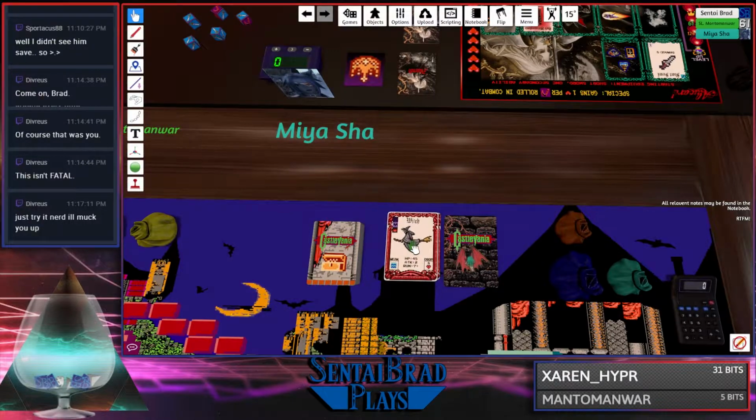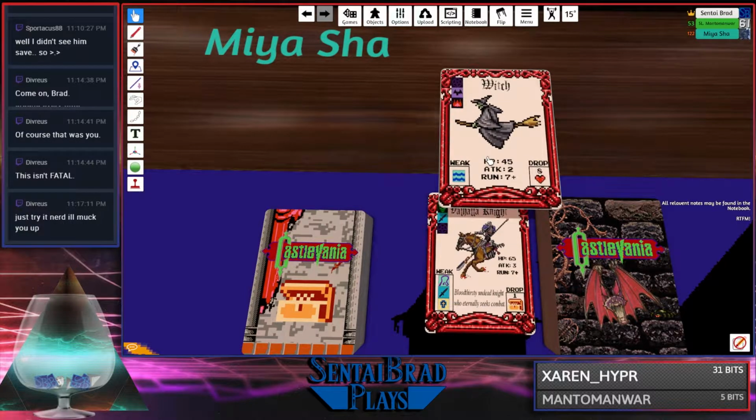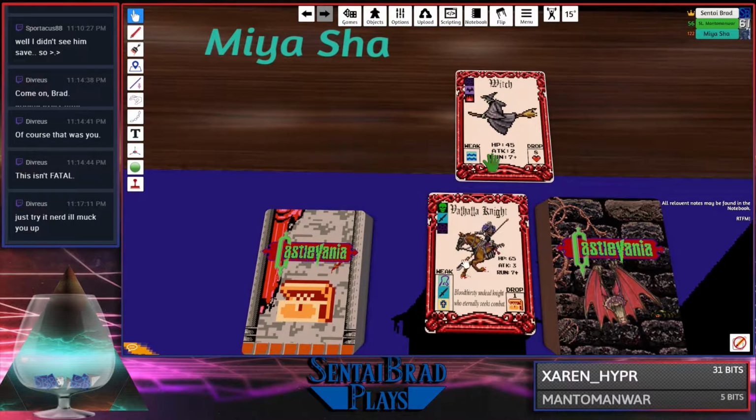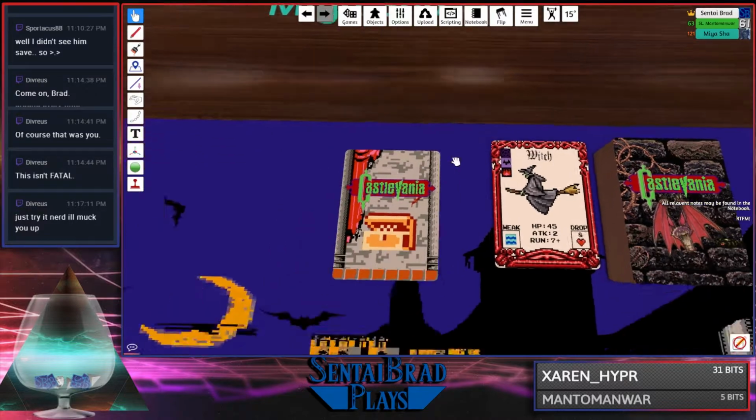Yeah, that's correct. Damn it! She's weak to water. Oh, look at that HP, though. Oh, my God. Look at the HP on the Valhalla Knight that you would have had to fight. Yeah, I'm so glad we did this. We would have been getting dropped, but...